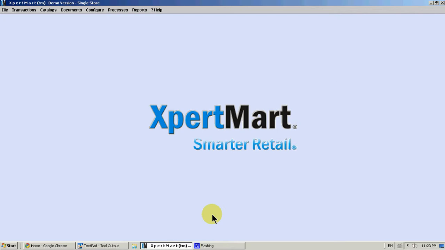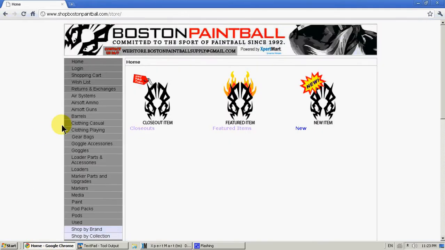Some of those changes, most of those changes, will affect the operation or how the web store operates or looks. When we make those changes, generally they're going to be automatically uploaded to the web store via ExpertMart's normal synchronization. But after it's done there, again, because it affects the way the web store works, we have to go into the web store. So we go over to our web page where we normally have our web store open, and